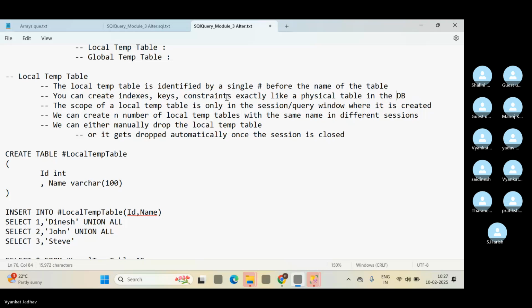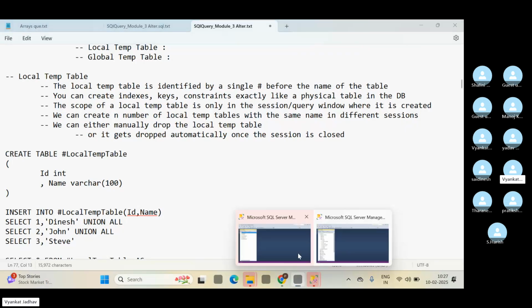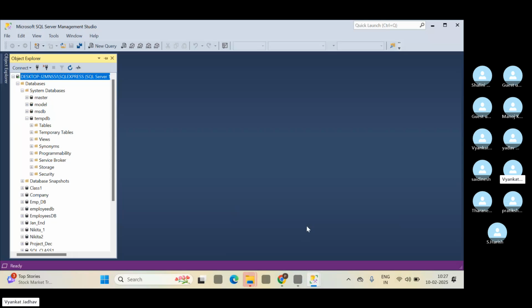The difference is that nobody will have access apart from you. The scope of a local temp table is only in the session query window where it is created. That means suppose I am creating my local temp table in this particular window here,